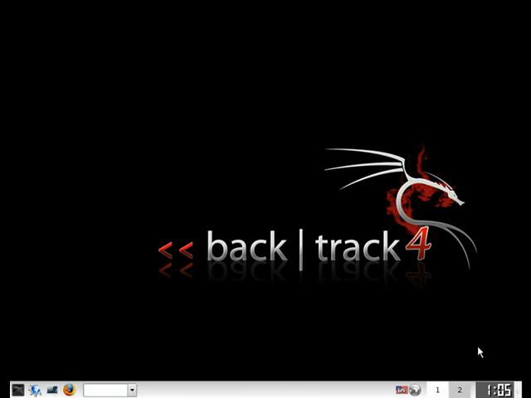So on we go. You can see that I'm using Backtrack 4 here. It's actually out in beta right now, but this applies to Backtrack 3 as well, so all the settings and commands I will be using will completely comply with Backtrack 3. So what we're going to do is open up a new console window here,